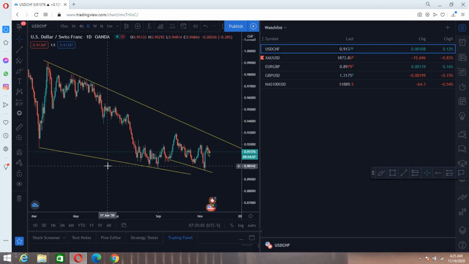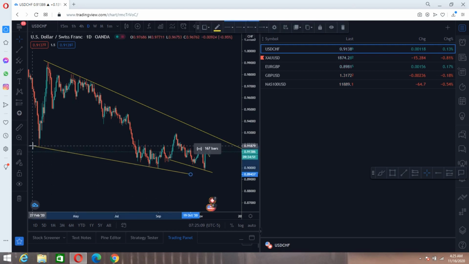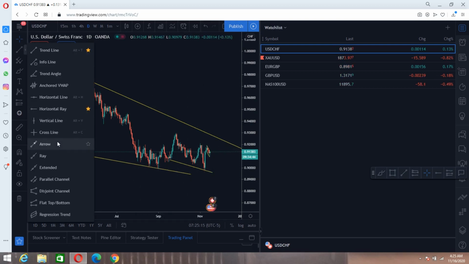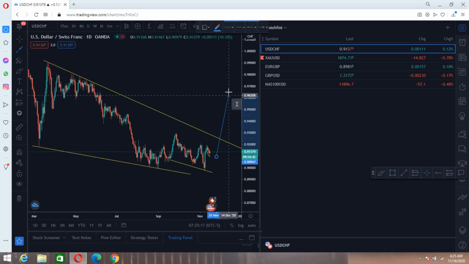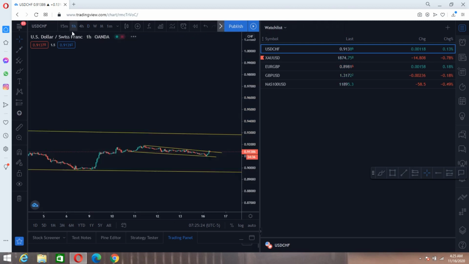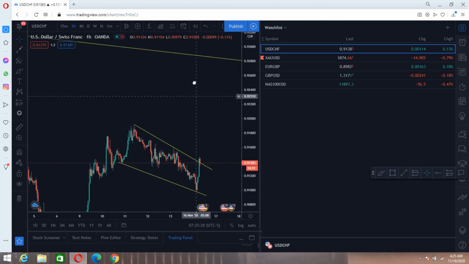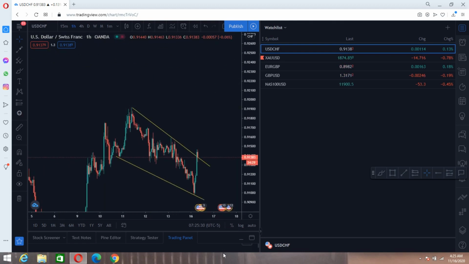As you can see here, this is a continuation pattern to the upside. As it did its first touch here, then its second, third touch, I'm expecting the USD pair to go to the upside. So this will be our TP, but it's still playing around here. Let me go down to the 1 hour, because what I normally do is wait for it to